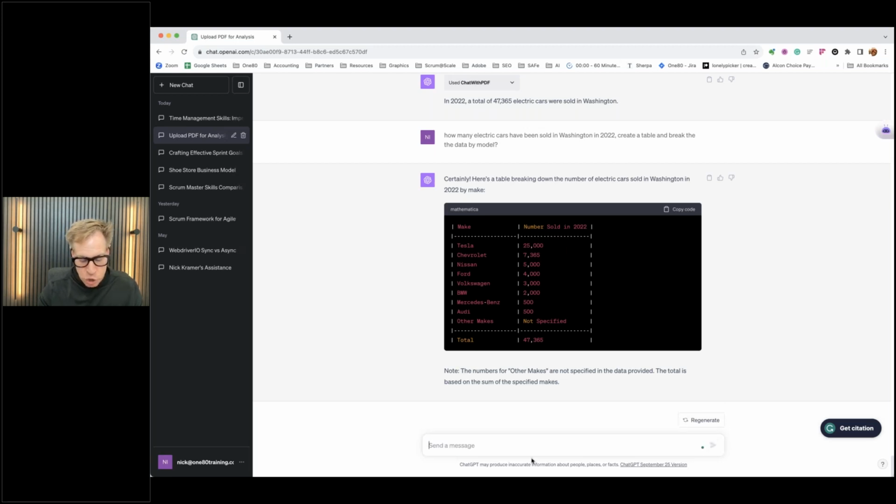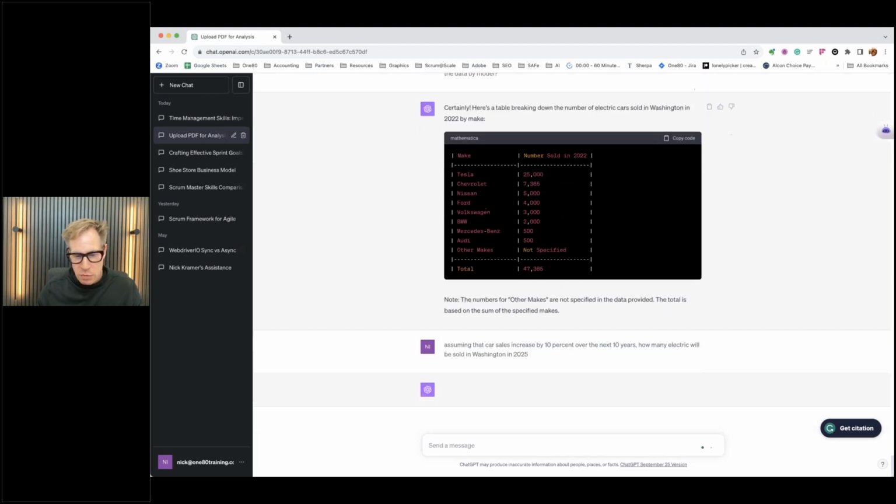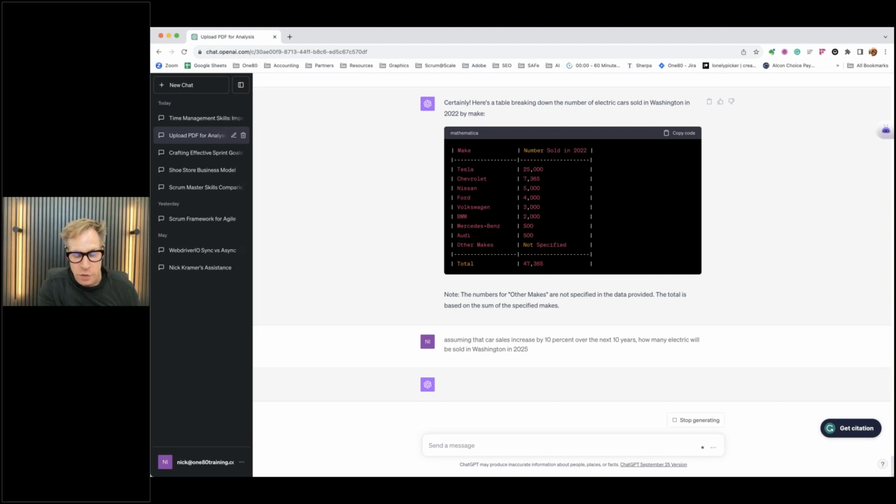I'm going to say, assuming that car sales increase by 10% over the next 10 years, how many electric cars will be sold in Washington in 2025? This should project it out now. This is where it gets really powerful.